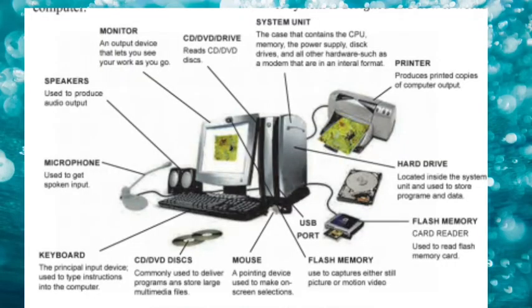On your screen, various equipments are used with a computer. Generally a computer consists of monitor, speakers, microphone, keyboard, mouse, CD, DVD disk, flash memory, hard disk, printer, scanners, CPU, and many more things, joysticks, web cameras. These are the various powerful equipments we can attach to a computer, so that we can perform many kinds of operations and it will give you a satisfactory result.